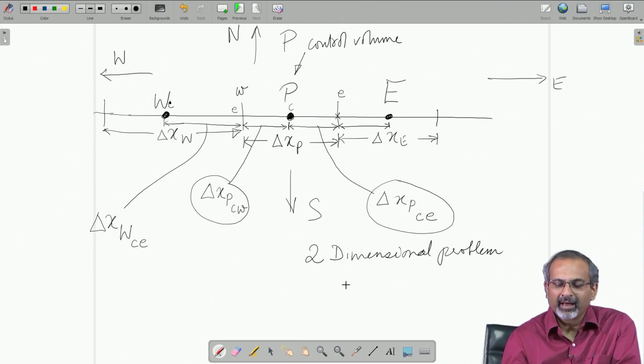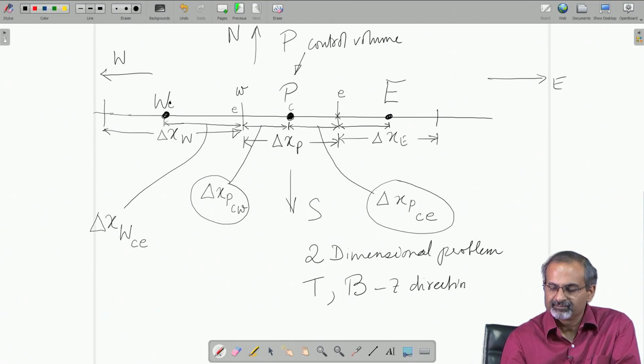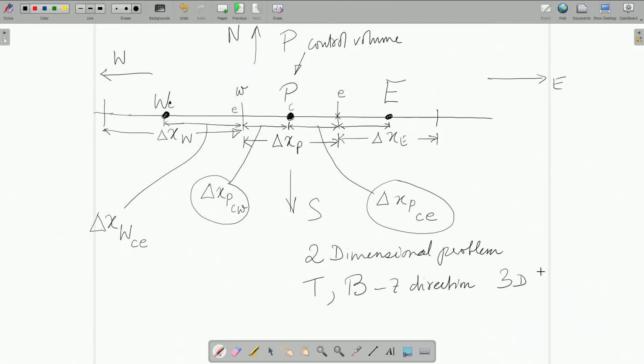and you could have nodes along a direction coming out of the plane of the paper and into the plane of the paper, where you can have nodes named as say top and bottom, let us say, along the z direction, and that would be required for 3D problems.